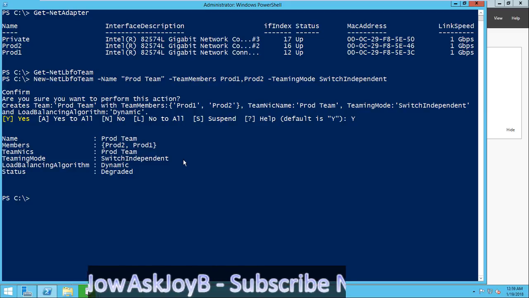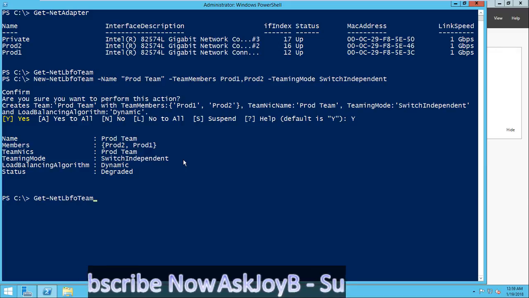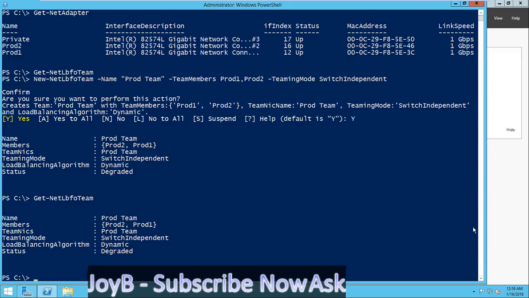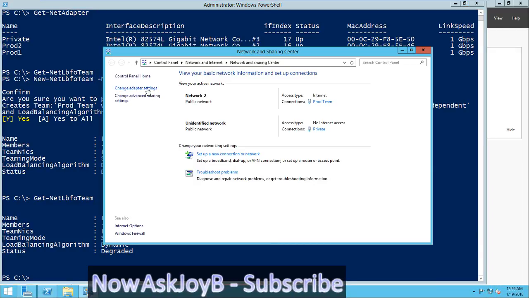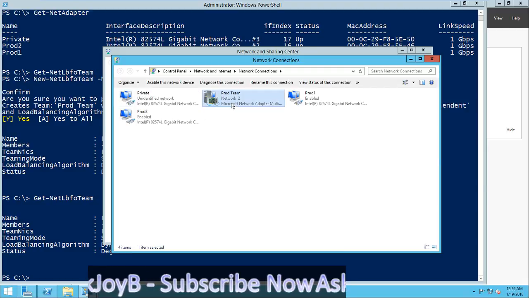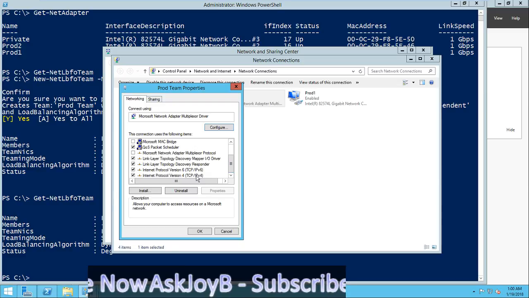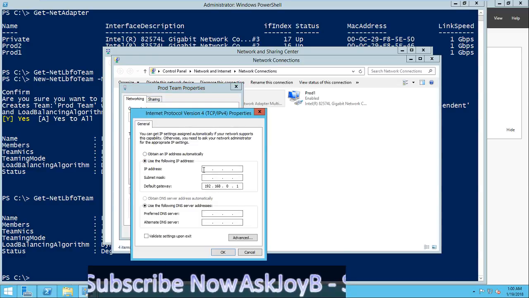Okay, so now you can see the nick teaming is created. If you run a command which says get net lbfo team, this time it will list with the team information. Now if I go to this section and go to change adapter, you can see the team is created. So let me give the IP address, and if I select this, we know the IP address is